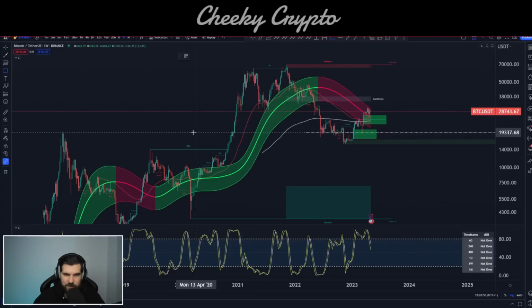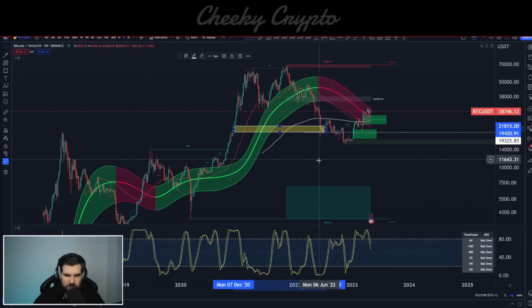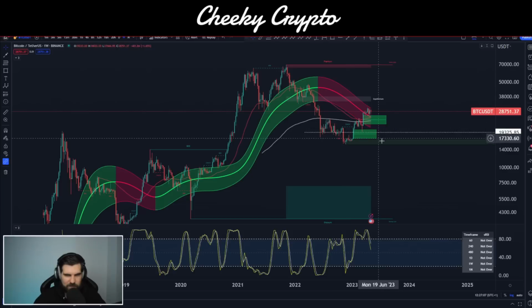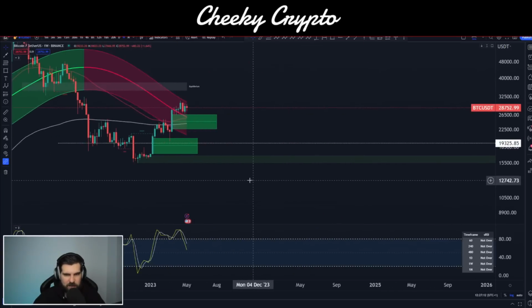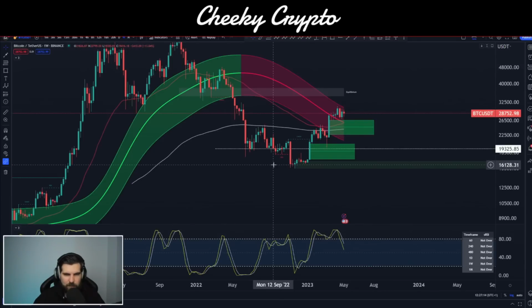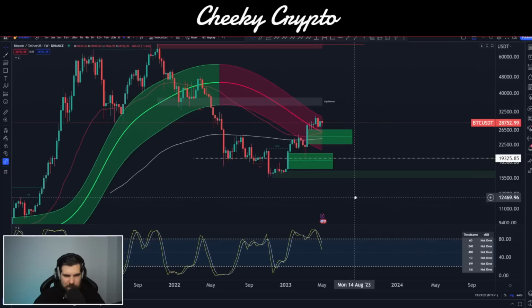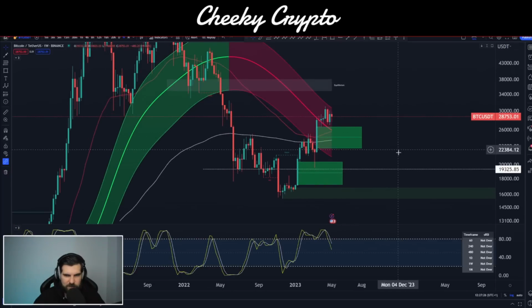So for example, there was a fair value gap, I think right here, a little minor one, and it took us until June of 2022 to fill it out. So December 2020, June 2022. So we know it can take a time to play out, but price action comes back down and fills these gaps out. I do suspect, though, this is going to be quicker than what we saw previously. We had the bullish movement to the upside and we saw the fair value gaps eventually getting filled out. I suspect that this is actually going to get filled out much faster. It would be interesting to see how that plays out, but I do suspect that we are likely to fill those fair value gaps.